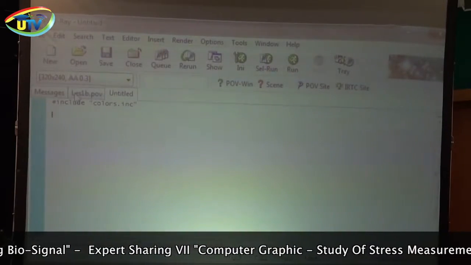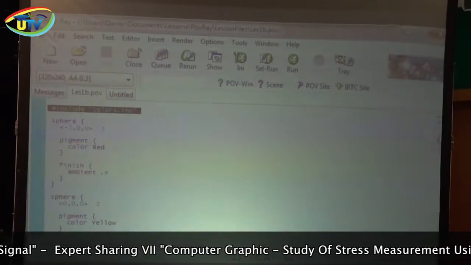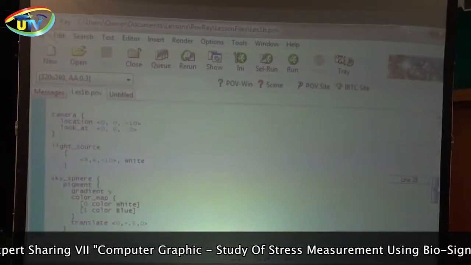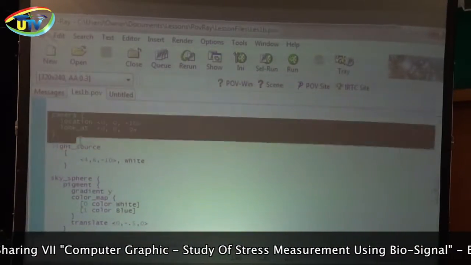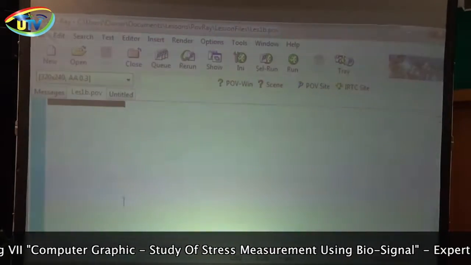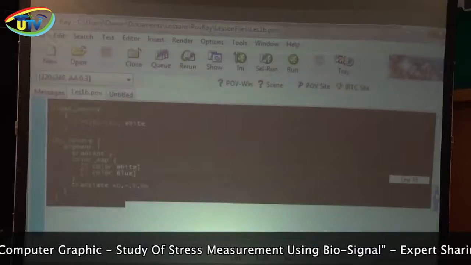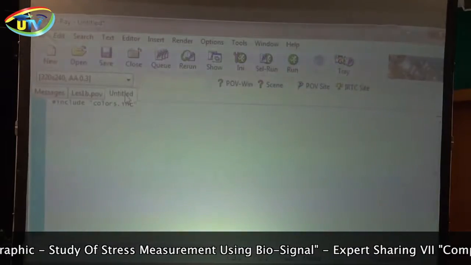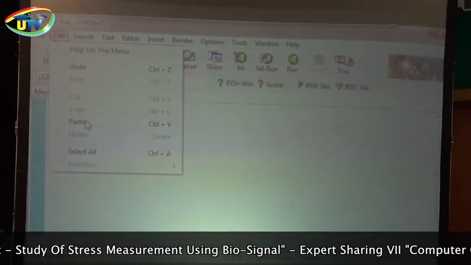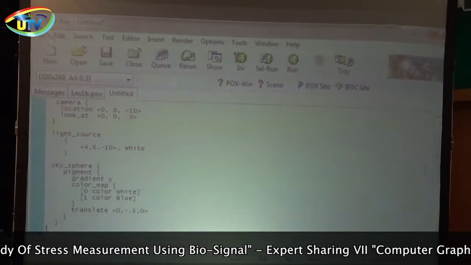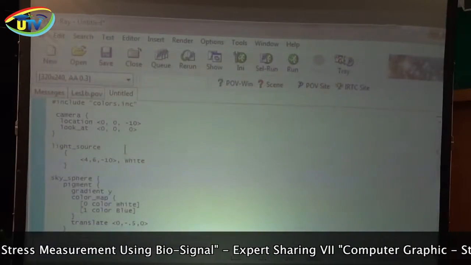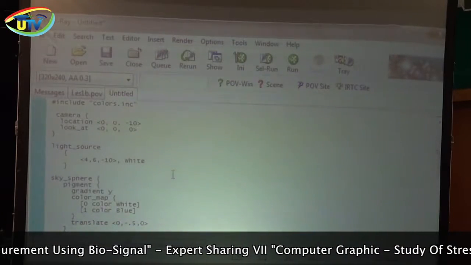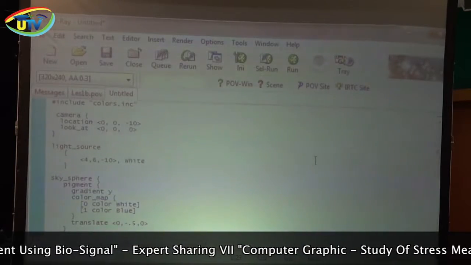Now I also want to take the camera and the light source and the sky sphere from the first lesson, so scroll down to that, drag the mouse across it to highlight it, and then copy that and go to the new lesson and paste it. And now we have a file that tells POV-Ray to put in the camera and the light source and the sky sphere. So if we run this, all we're going to see is that sky sphere, which I translated down